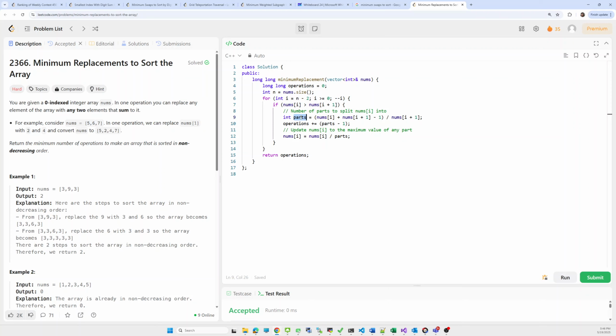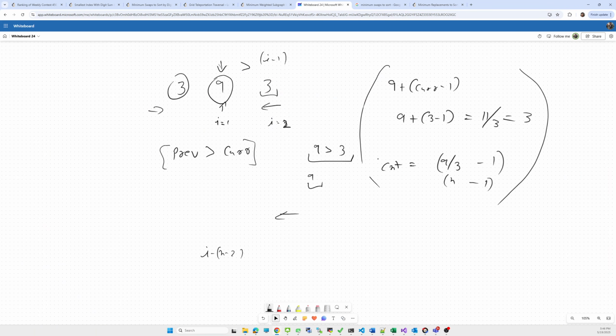What will be the condition for the partition? Our current element is 9 and the previous element is 3.